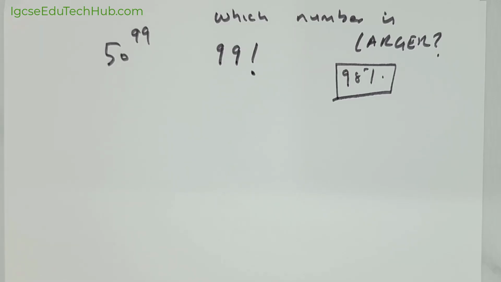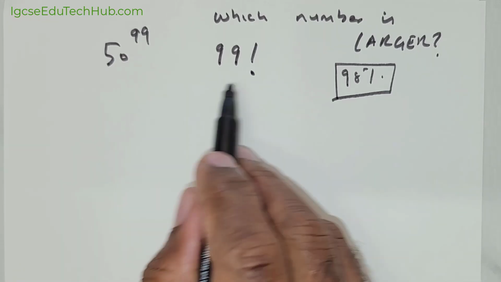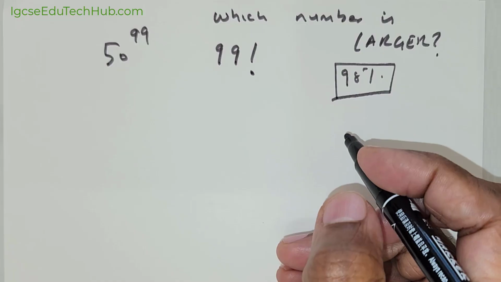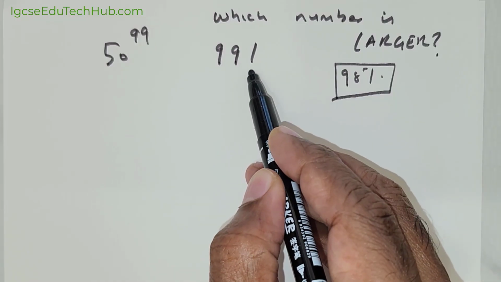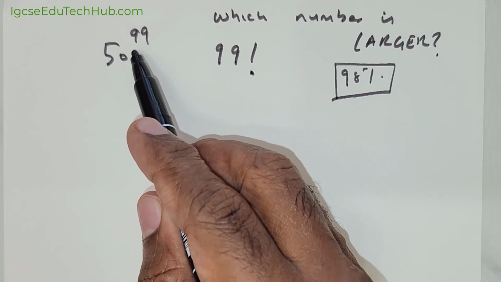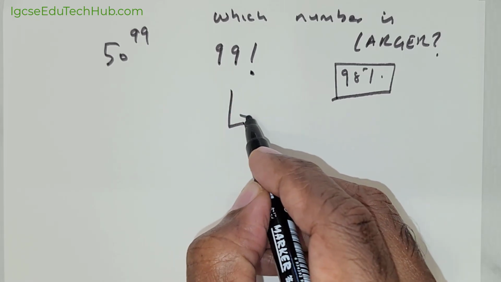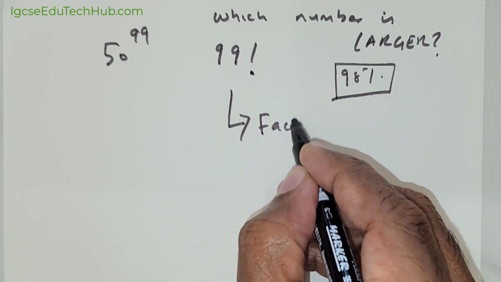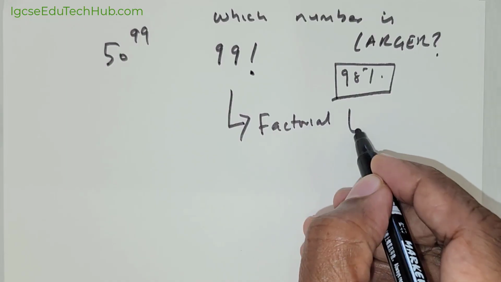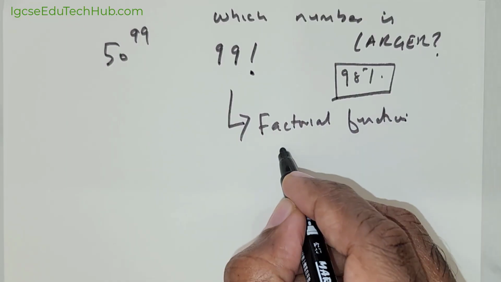Approximately 98% of the people will choose the wrong number as the larger number. Now, I wouldn't say that it is their fault, because these two numbers look like that. One is a factorial function, the other is a power function. Now, it is imperative to understand that the factorial function increases